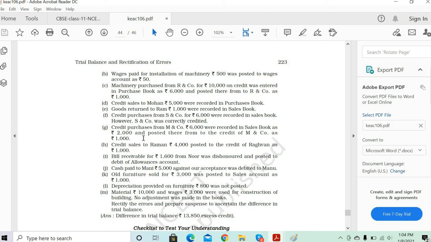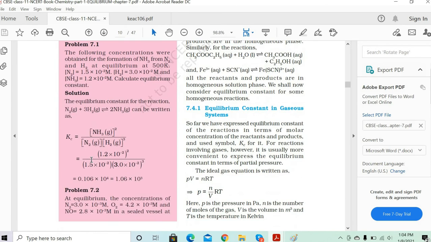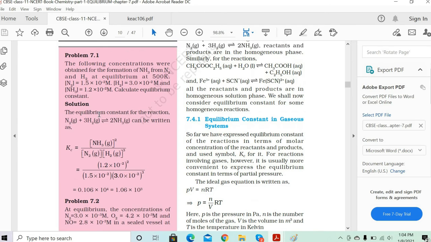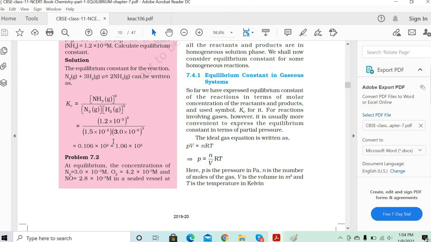How did you do this question? So first I took NH3 as a numerator, and there are two moles, so it's NH3 to the power 2, and N2 and H2 to the power 3. We've also been given the values already, so I just input the values and calculate it. Excellent. So it was straightforward, isn't it? You remember that you just need to ensure that all are in the gaseous phase and molarity is given for each of the reactants as well as product. I think this part is clear to you.